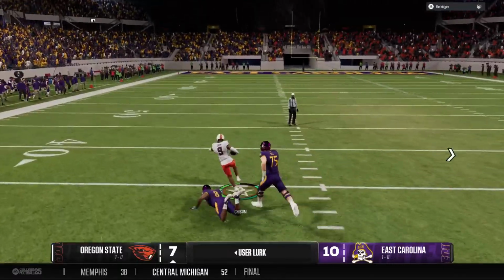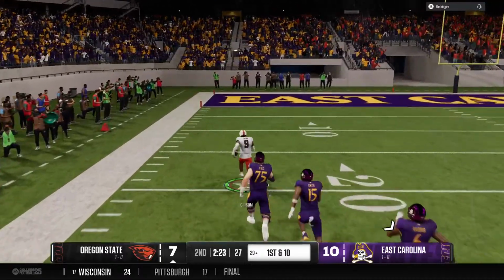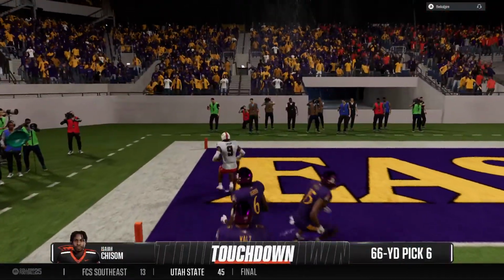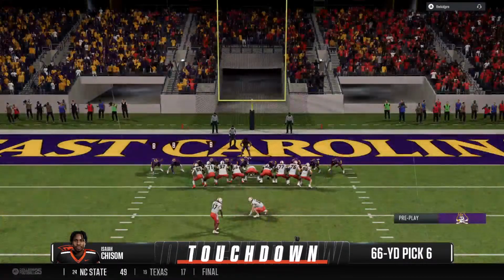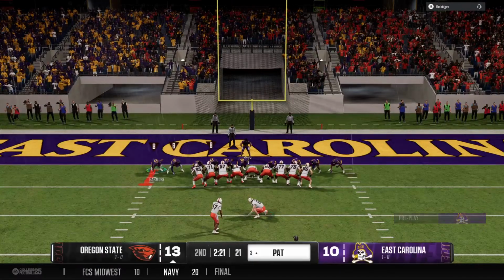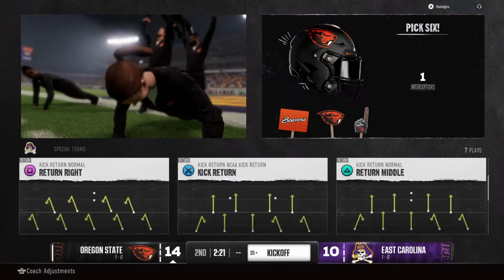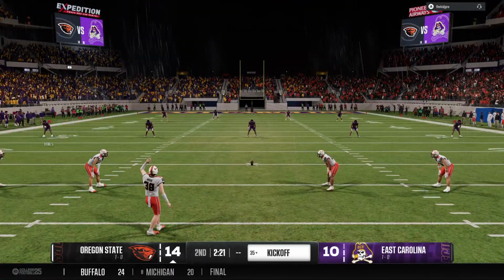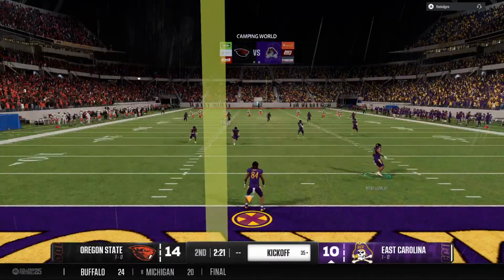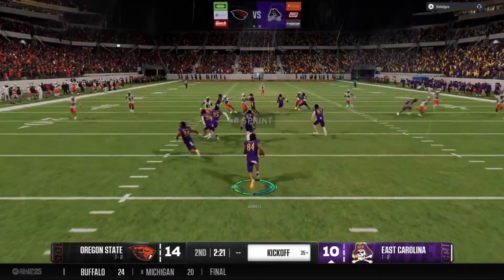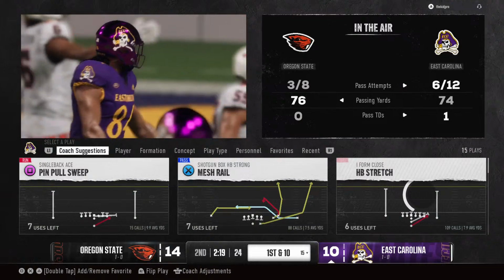Fires into traffic, picked off. Looking for more room. The 40, the 30, the 20. And he's going to run it all the way back. Touchdown, Beaver! Lining up to tack one more onto that lead. And the extra point is good, and it's a 4-point lead. They'll kick it off and send that defense right back out there to try to score again after the pick six. He'll start the return inside his 5. And good work by the coverage team to get the return man down on the ground.